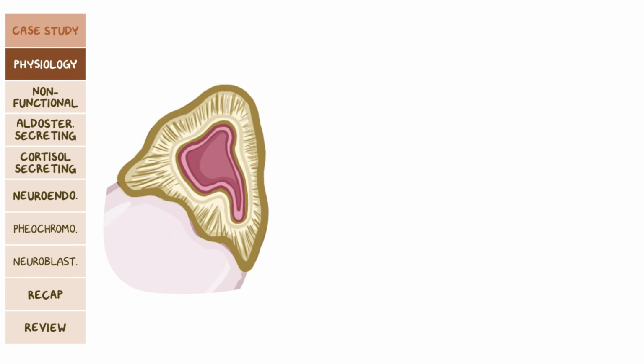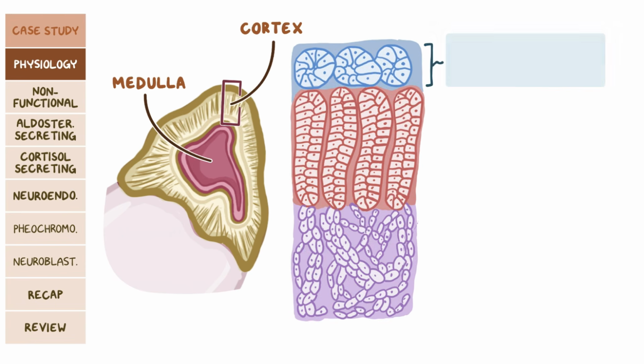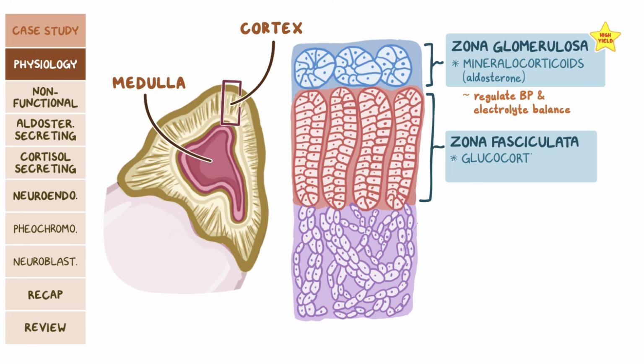Each adrenal gland has two main components, the cortex and the medulla. For your exam, something high yield to keep in mind is that the cortex is composed of three zones. The zona glomerulosa, the outer zone, contains clustered cells that produce mineralocorticoids, mainly aldosterone, which regulates blood pressure and electrolyte balance. The zona fasciculata, the middle zone, contains foamy-looking cells in columns that are responsible for the production of glucocorticoids,